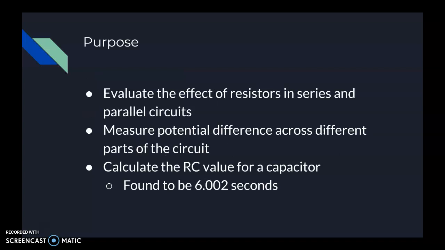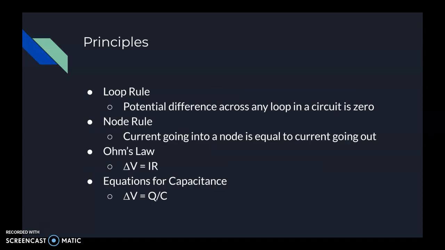The purpose of this experiment was to evaluate the effect of resistors in different types of circuits, measure the potential differences across multiple parts of the circuit, and calculate the RC value for a capacitor, which I found to be 6.002 seconds. The physics principles needed in this lab were the loop rule, which states that the potential difference across any loop in a circuit is zero,